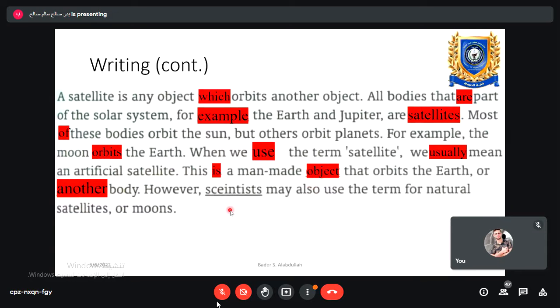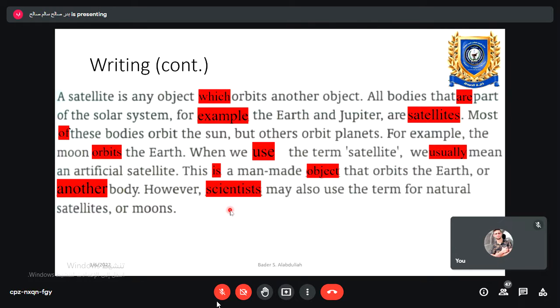What's wrong here? It's I-E also, rather than E-I. It's another spelling mistake, which is S-C-I-E instead of S-C-E-I. Okay, so as you can see,